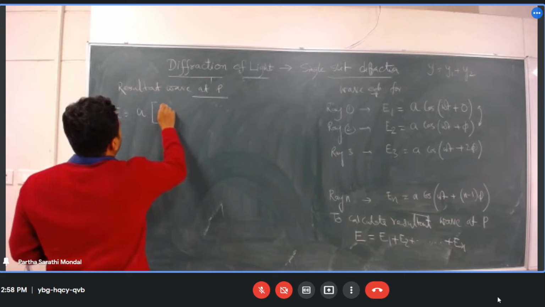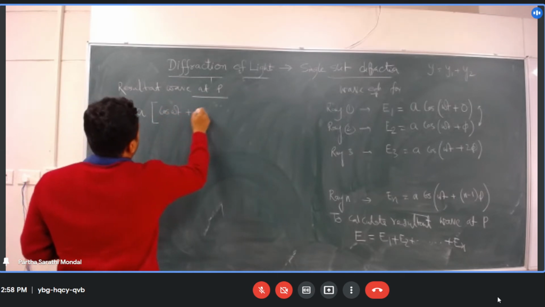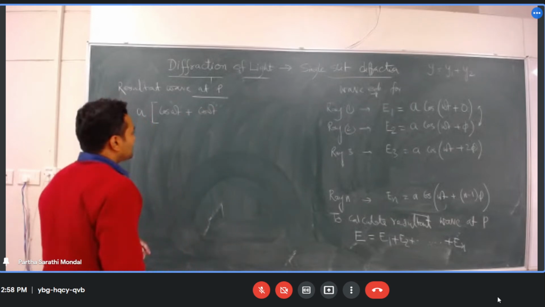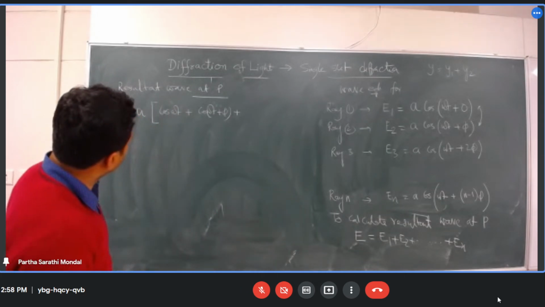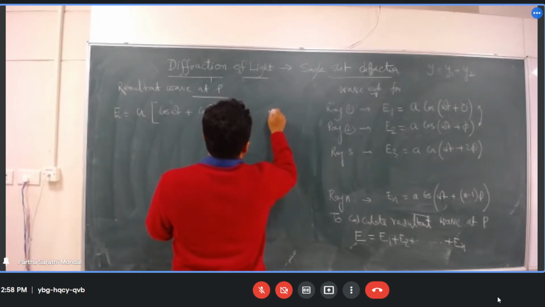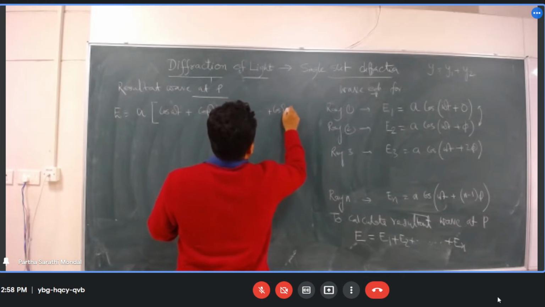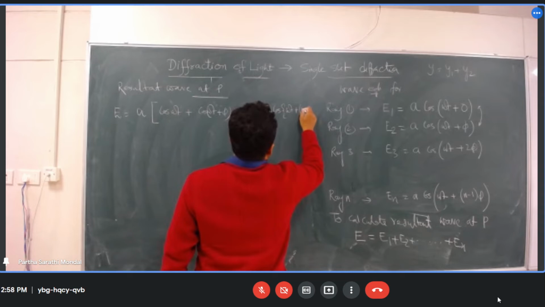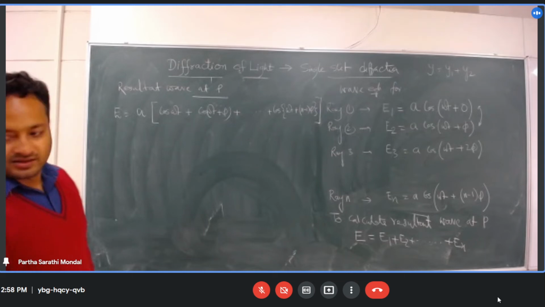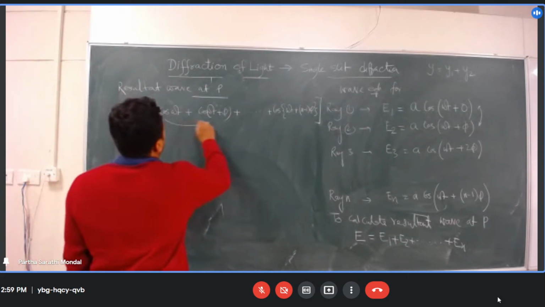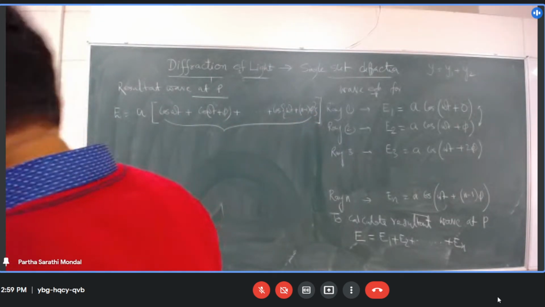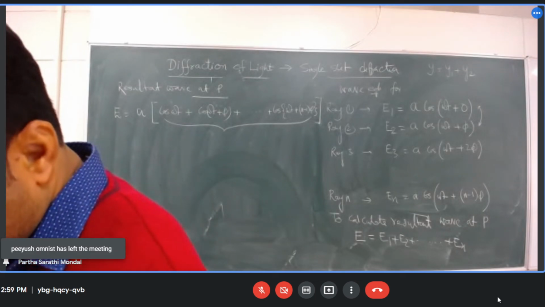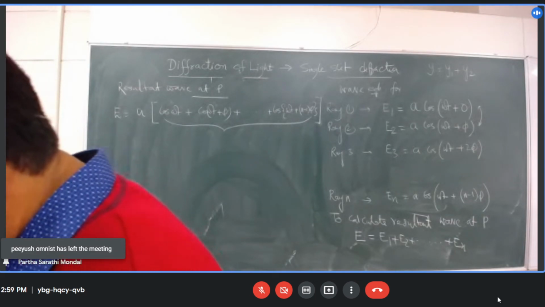A तो चला गया, cos omega t plus cos omega t plus phi plus dot dot dot plus cos omega t plus n minus 1 into phi, है कि नहीं? तो our job is the summation of this one. ठीक है, मैं इसको बाद में करता हूं। I will just write down the summation. मैं इसको अभी करता हूं थोड़ी देर बाद। तो ये summation अगर आप करेंगे